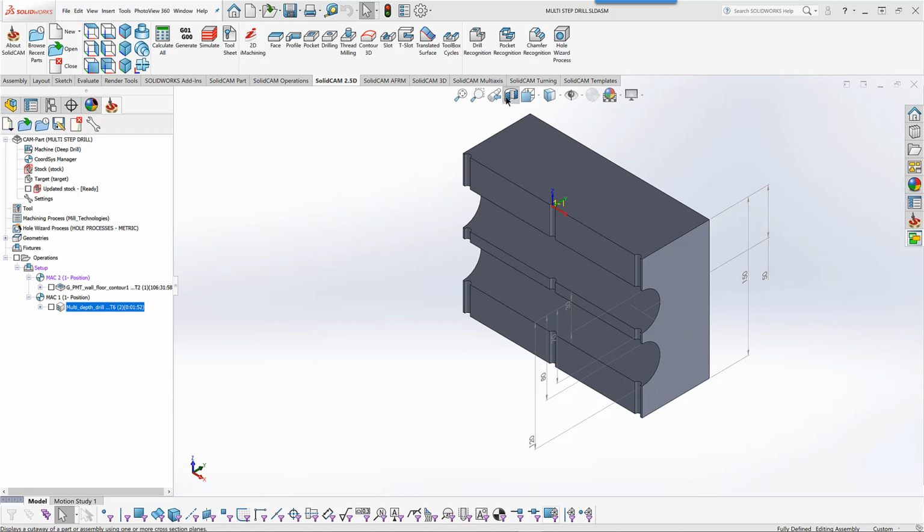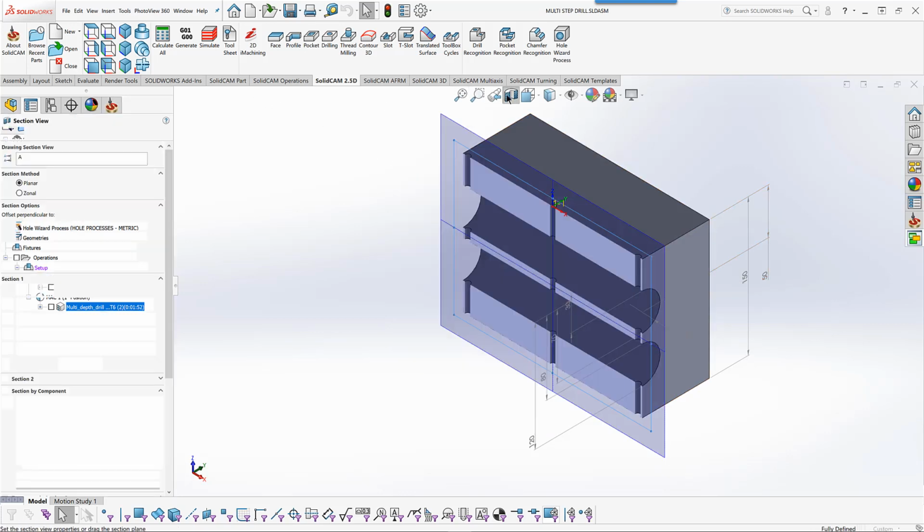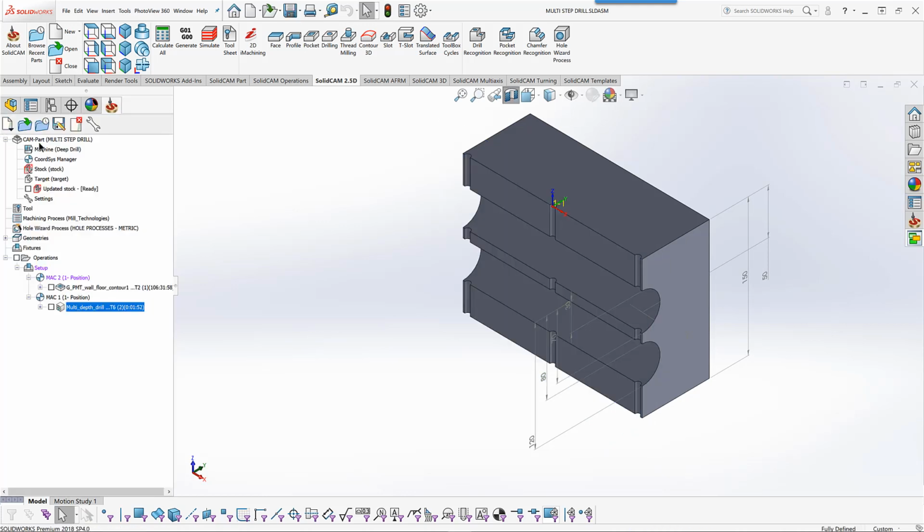If we take a look at the part we have on our screen, you'll see I have 3 holes over here, and they're actually crossing through these larger holes over here. If I were to show them in a partial view, you can see the holes actually going up until here